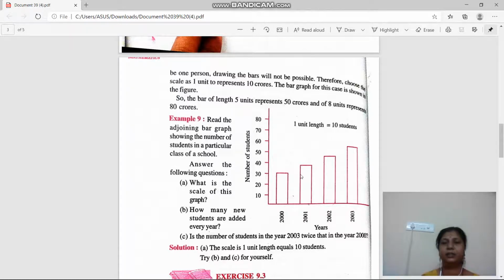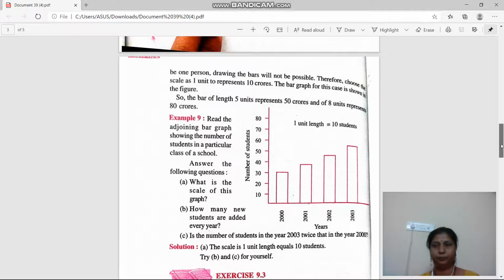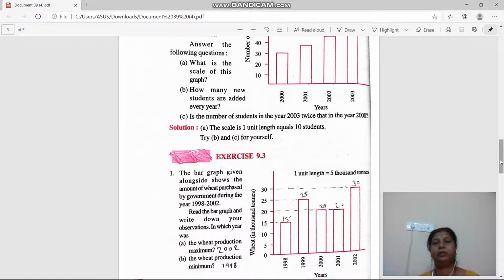Understand how we have to understand the bar graph and how to answer the questions. Okay. So, we will start doing exercise 9.3. So, you have to solve this 9.3 in the book only. Get it? So, first of all we understand this, and take a pencil in your hand and write the answers with me. Okay, I have already written here, but first of all you understand it and then write the answers. So, let us start exercise 9.3.